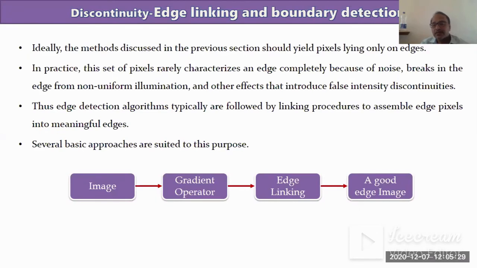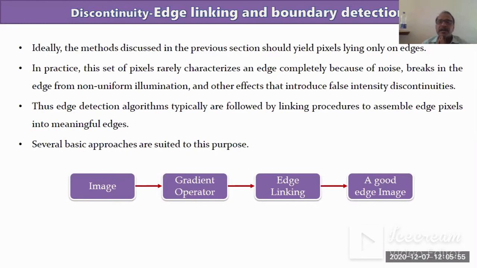In the previous lecture, we discussed the segmentation part. In segmentation, there are basically two types: one is discontinuity based, and the second one is similarity based, that is region growing or region splitting. In discontinuity based, there are three basic types: point detection, line detection, and edge detection. We discussed all those parts.